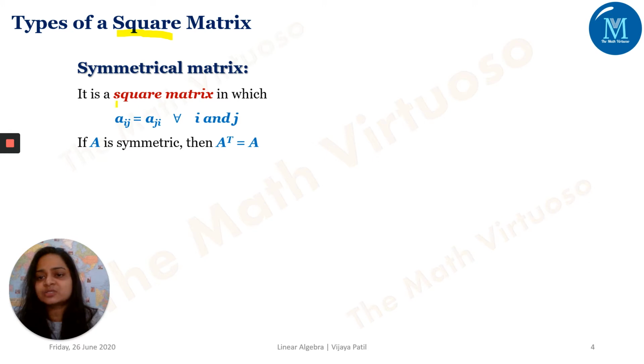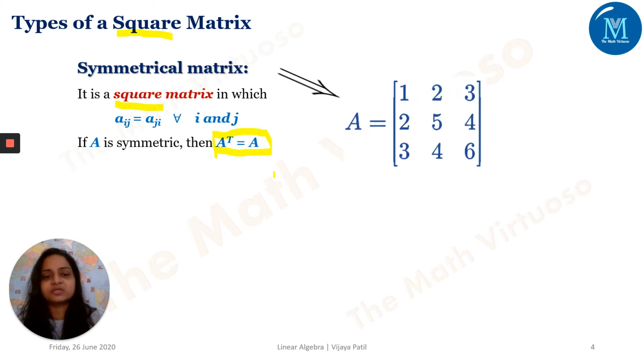Okay, the symmetrical matrix. As we are dealing here with square matrices, this matrix is again a square matrix such that Aij is equal to Aji for all i and j. That is, A is symmetric if I have this property. How can I see this from the example? Capital A is [[1, 2, 3], [2, 4, 2], [5, 4, 3], [4, 6]]. If you observe the non-diagonal elements, 2 is over here and 2 is over here; they are equal.